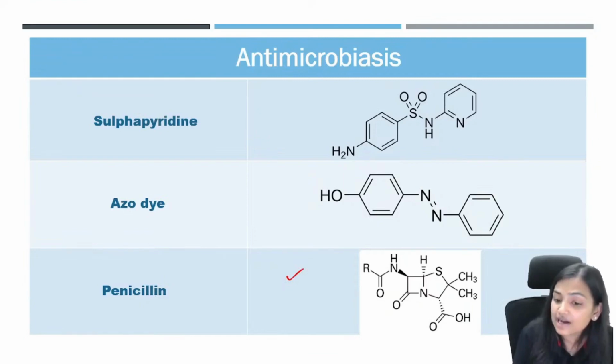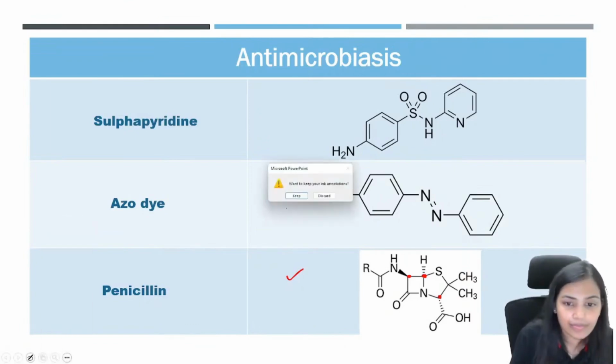You have to find out the chiral center. Very nice, Shreya. 3. This is the chiral center. This is the chiral center. And this is the chiral center. There are 3 chiral centers. Okay, very nice. Chalo, let's minimize this slide